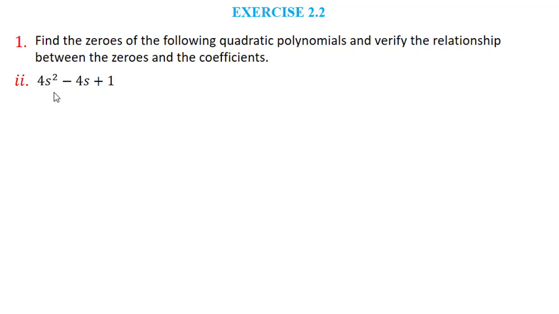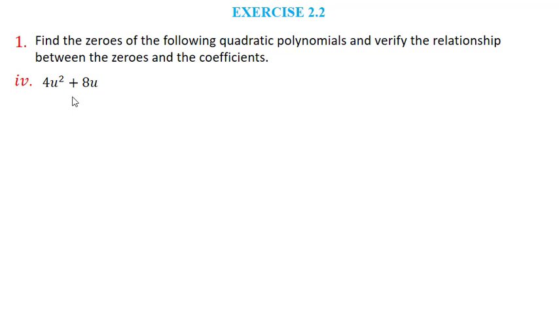Second question is 4s square minus 4s plus 1. Now as you know how to factorize, so you can proceed this problem, you can solve this yourself. As here you have to verify the relations, that means definitely you will understand from the solution whether you are doing right or wrong. Next, third question is 6x square minus 3 minus 7x. Here you will first rearrange this. You will write this as 6x square minus 7x minus 3, and then you can solve in the same way.